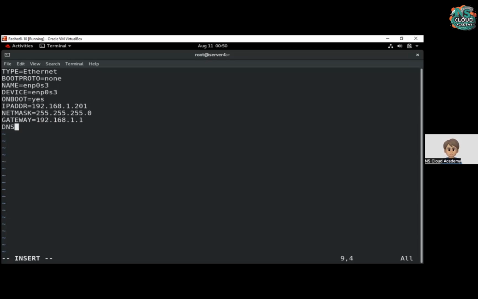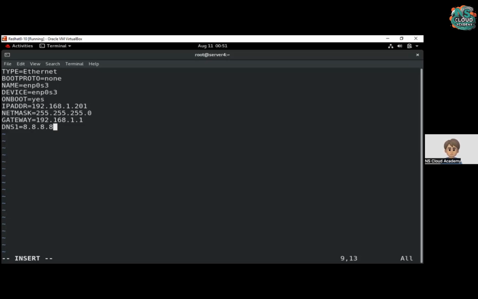If you have multiple DNS, you can define DNS1, DNS2, DNS3. But if you have a single DNS, you can define it like this. Let's suppose I have multiple, so I can use 8.8.8.8. This 8.8.8.8 is a global DNS provider. Understand? All over the world, anywhere if you use 8.8.8.8, it will use that DNS to resolve your